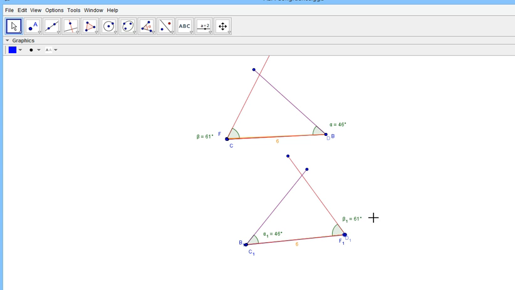Well, the only way to tell is if you were to use tracing paper and put it over top of this and trace that triangle, and then pick it up and flip it upside down, because obviously they're reverses of each other. But remember, a triangle can be flipped upside down. As long as you can figure out some way to pick it up and put it on top of another triangle, then it's congruent. And once again, angle side angle congruence works,